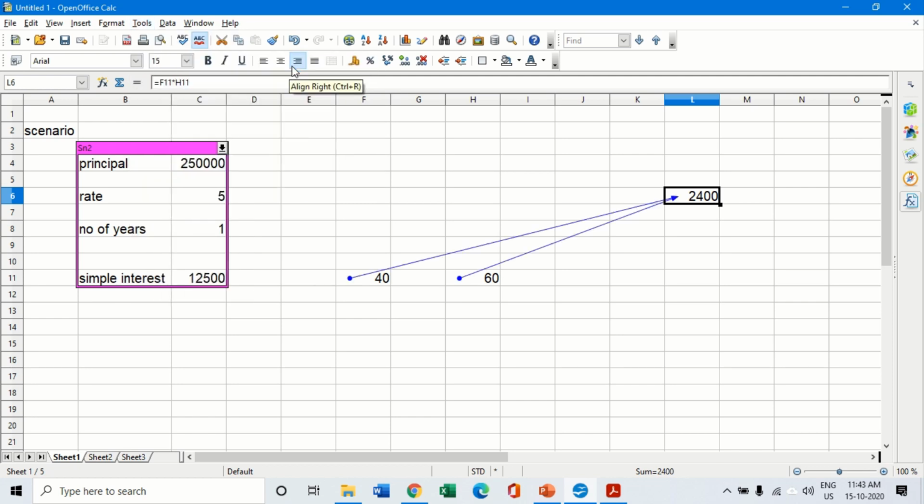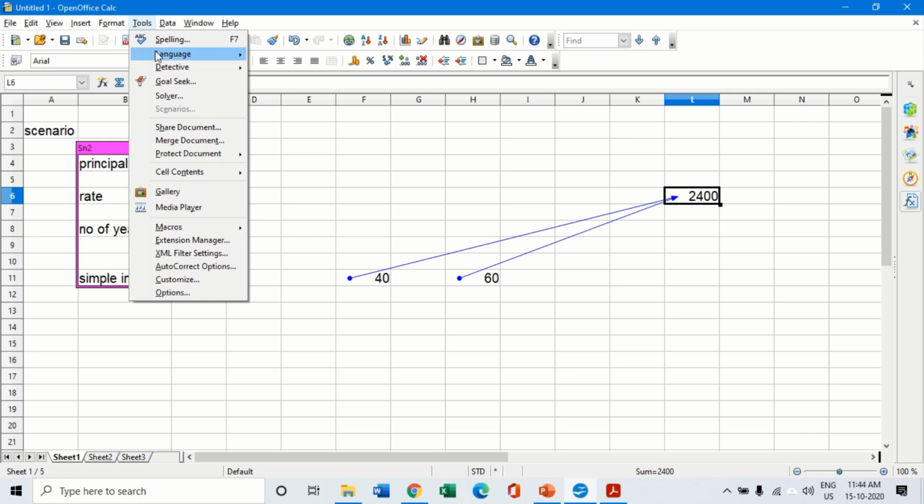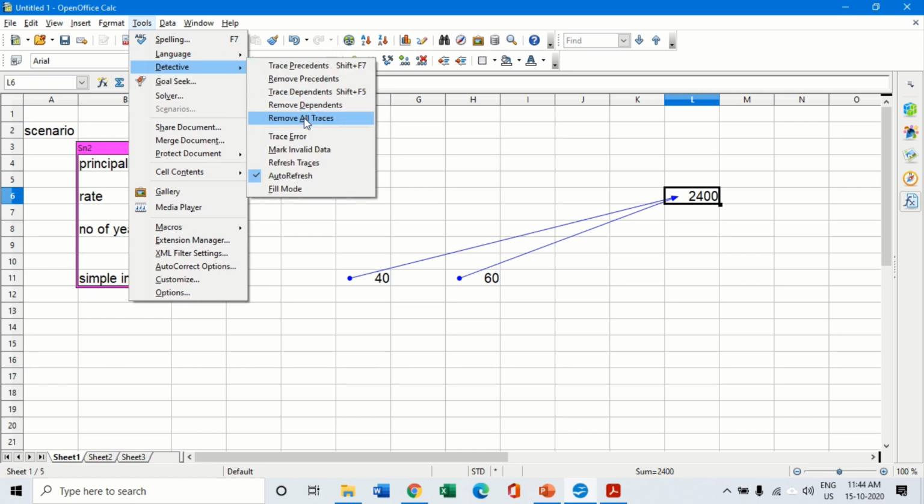It will tell you exactly where the precedent is coming from. That means the values for this formula are coming from this particular precedent. This is called tracing a precedent. Now click on tools, detective, and if I remove all the traces, then it goes away.